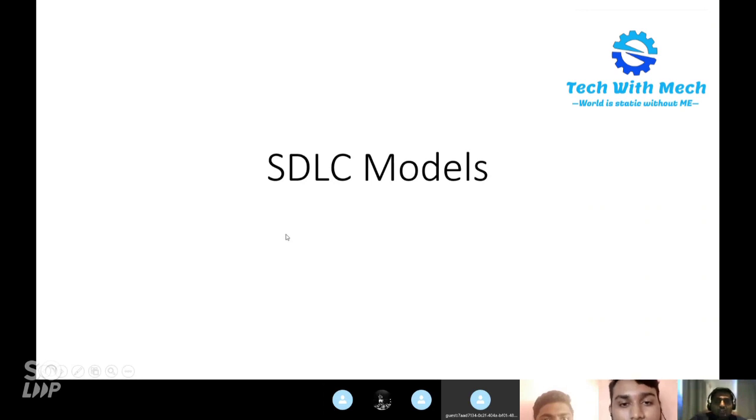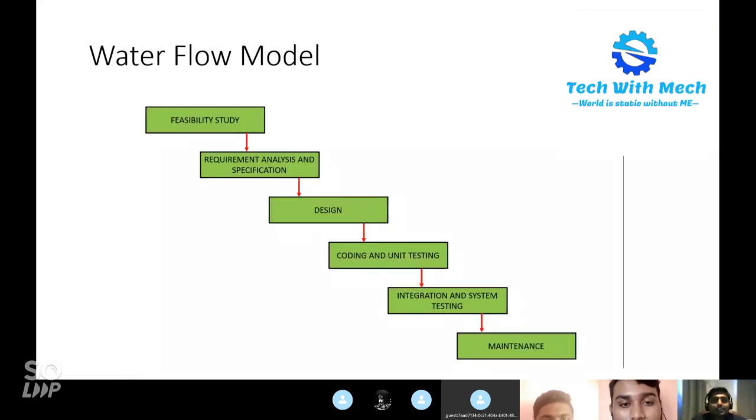Software development lifecycle models. So this is the first model, the waterfall model. It was introduced in 1956 or somewhere around there. It was the first model which they wanted to follow. If you know, in 1950 there was not much computer programming that existed. It was a very small coding structure.